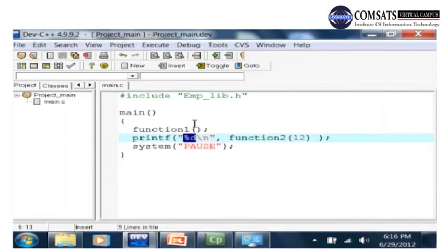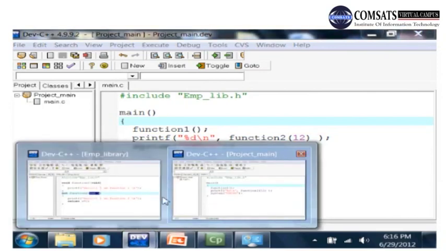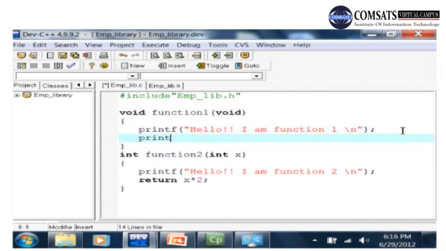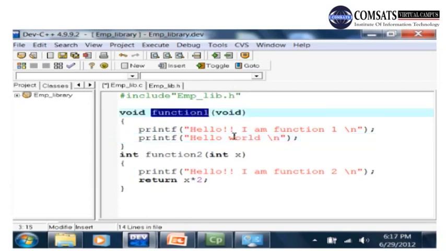Now what if you want to make any changes in the library? For example, you want to change the library. This is the library. You are saying okay, I want to print another message. That message is hello world. Okay, you want to print this message. Now in the library, your function 1 has been changed. You have to save it and you just have to recompile it, and the message you will get is